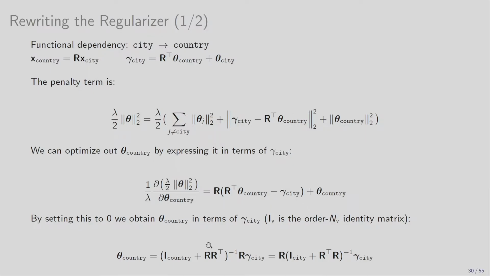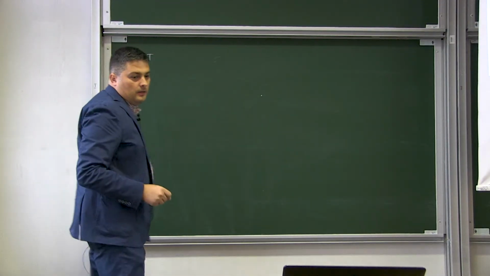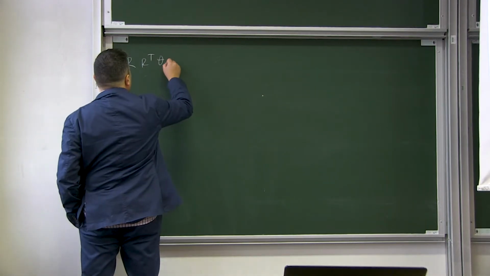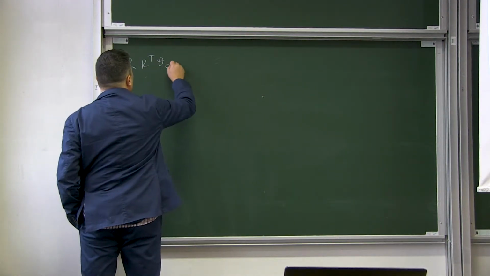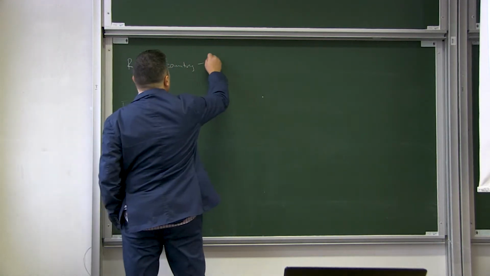So why so? Well, we have theta country in two parts. We have essentially theta country here and there. So if we take this, will be R transposed plus identity times theta country minus gamma city. So gamma city will be on the other side, right? So I can actually write this down. Okay, so we have R transposed theta country. I would just say theta C. No, I have to say country because I have city as well. And gamma city,